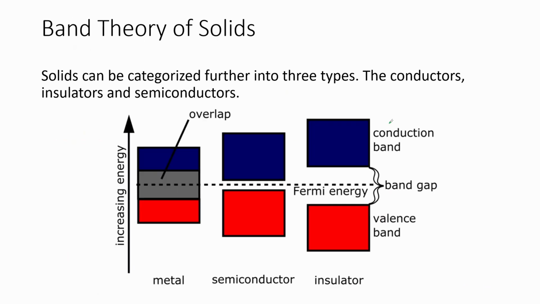A useful way to visualize the difference between conductors, insulators, and semiconductors is to look at the difference in the distance between their bands. You may recall this from your chemistry about electrons. The theory that studies deep into the behavior of materials' conductivity is called the band theory of solids. The band here refers to the energy band gap, which is basically the space between the valence band where the